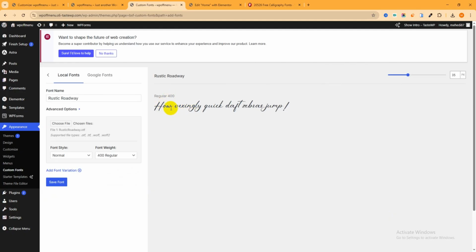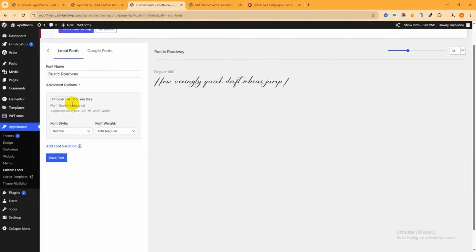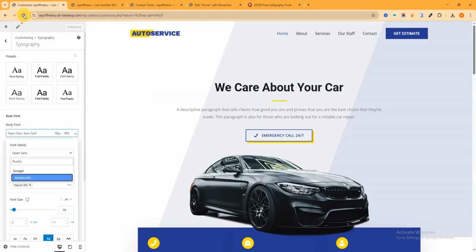That's great. You can see the font is showing here. Okay, then you can see font style normal. You can actually select from here, just keep it like normal, then the regular, then save font. Then again go to the customization panel and reload it, then check my added font is showing here or not. So refresh it,